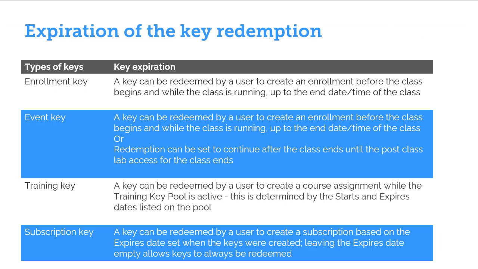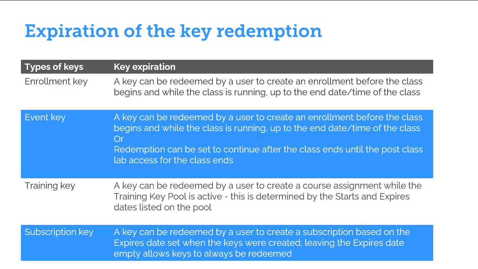Let's talk about the expiration of the key. So a key has a certain amount of time that it can be redeemed by a user. And this is determined by what kind of key it is, and some of them you can control and others you can't. The first type of key we're going to talk about is the Enrollment Training Key, and this is